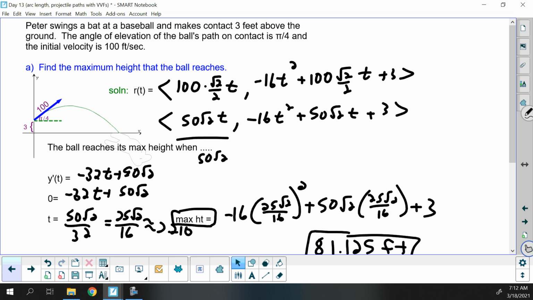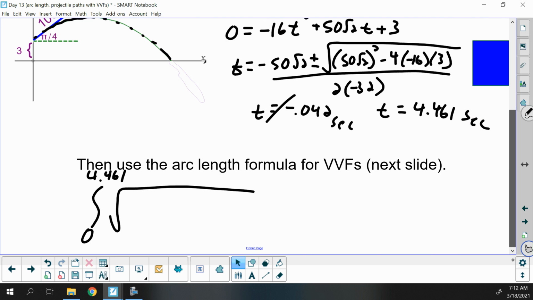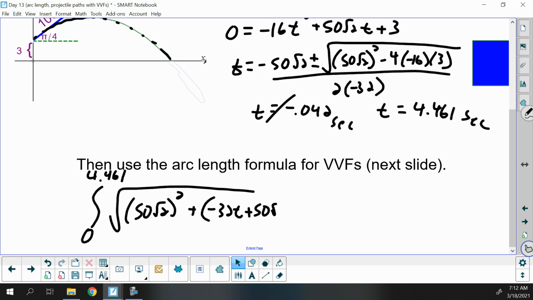The y component's derivative will have negative 32t plus 50 square root of 2. So those are what we're going to be squaring under our radical. So we'll have 50 square root of 2 squared, plus parentheses negative 32t plus 50 square root of 2, close parentheses, squared, and then we'll have a